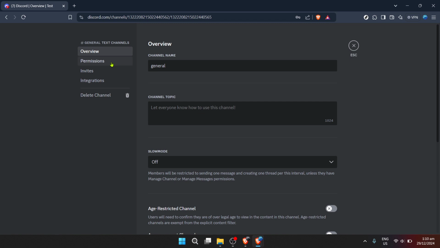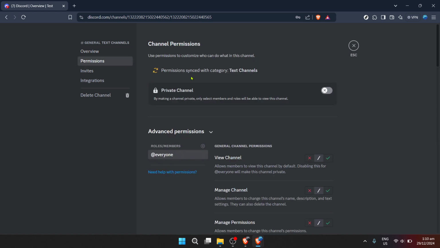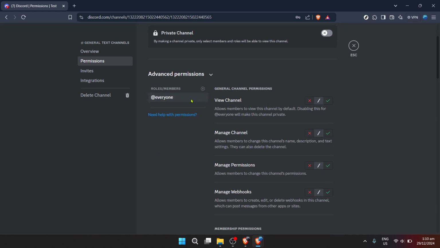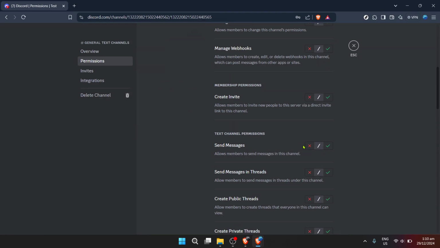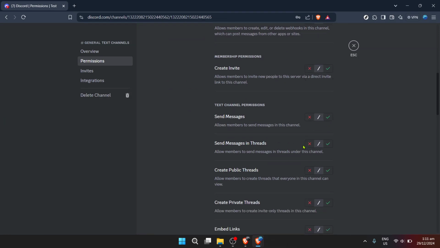In the Edit Channel section, there's a lot you can do, but for now, focus on the left-hand menu. Click on Permissions to expand the section where you can manage who gets to do what in your server. In this area, you're looking to adjust roles and what they're able to do. And more specifically, you're targeting the default permissions. Among the options in default permissions, there's a particular setting for the @everyone tag.